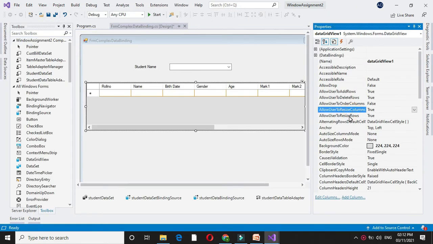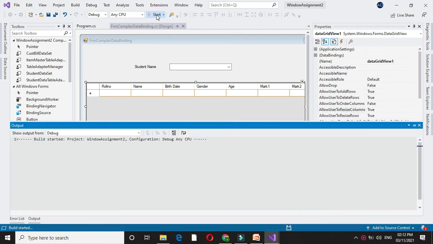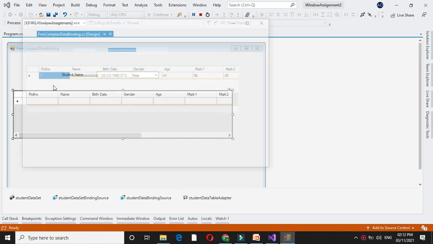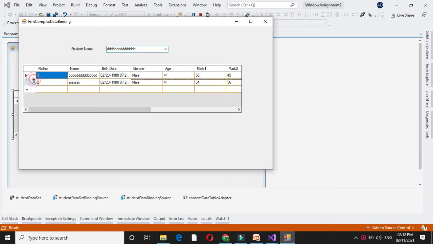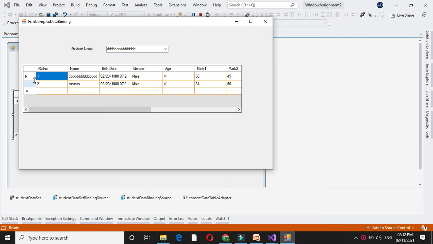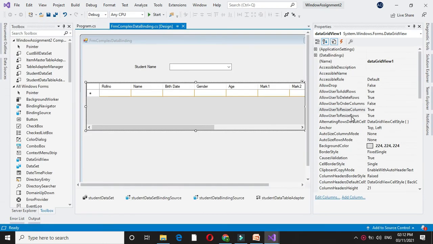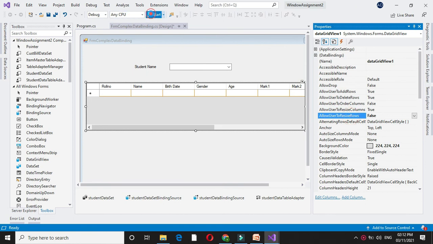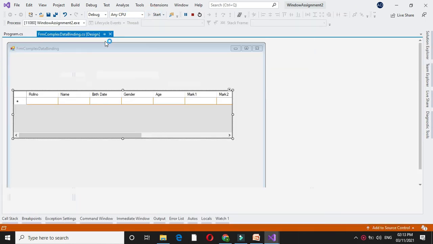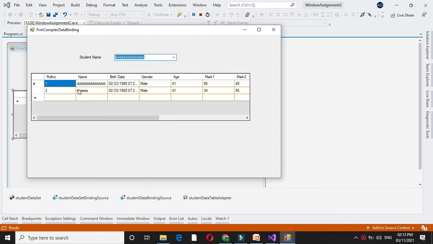Similarly, if allow user resize rows property is true, you can resize the rows, and if this property is false, you are not able to resize the rows.